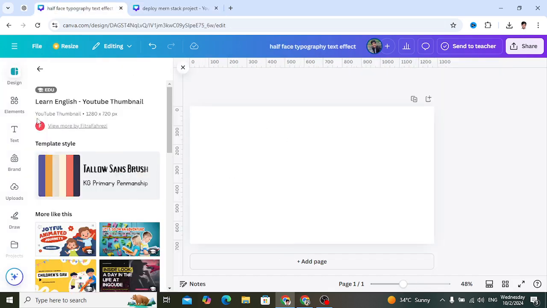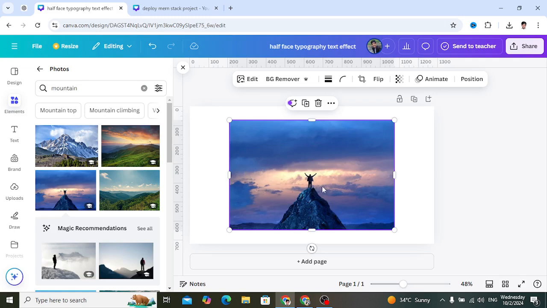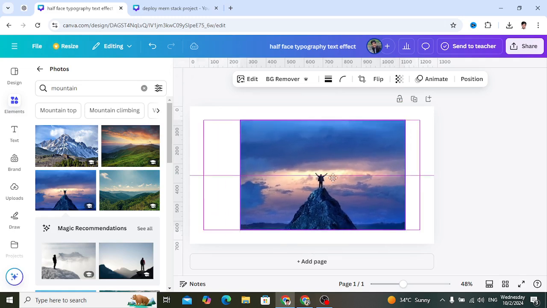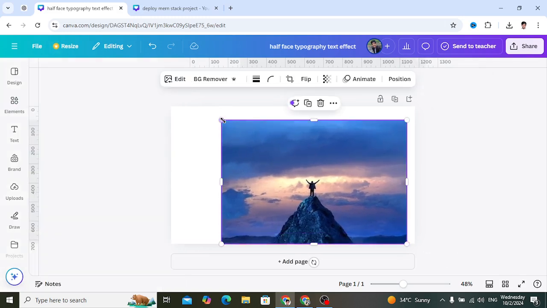After opening Canva, for example, I would like to just insert a photo like this one. Okay, this is a photo. Look, this is a photo. So I would like to just remove this object from this. So to remove this object, let's first of all